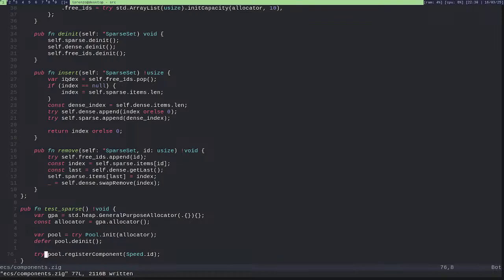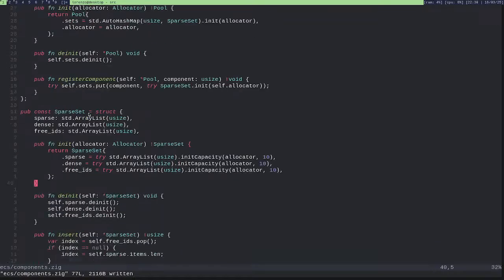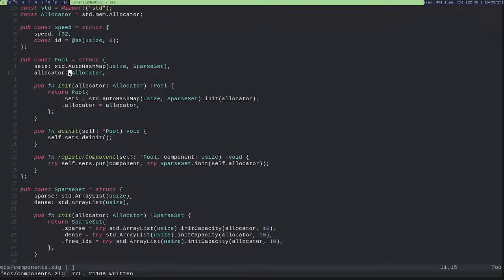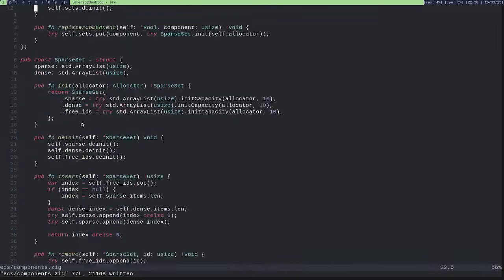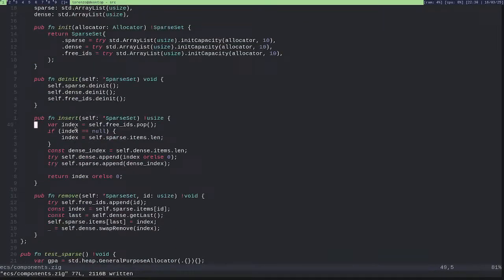So now we have the component pool. And I have to... So I can't allocate this here. The entity ID should be allocated from the component pool. So these sparse sets should just directly get an index.